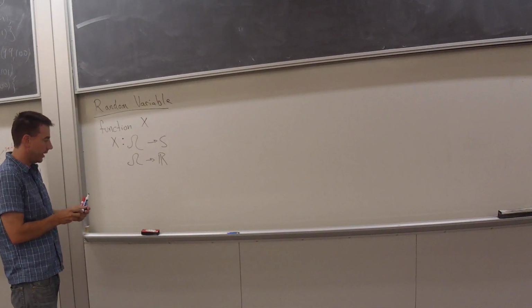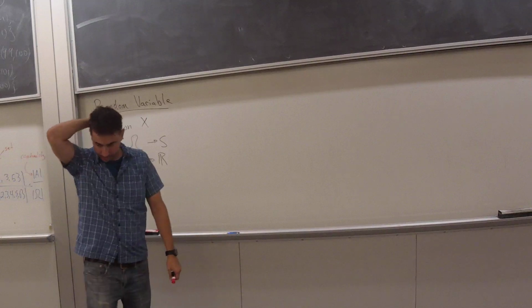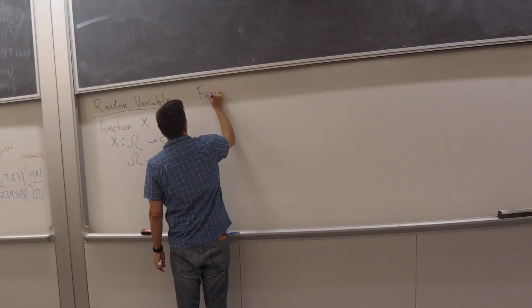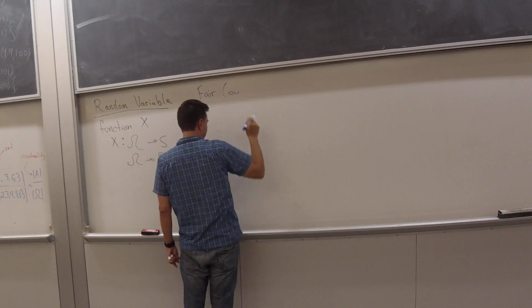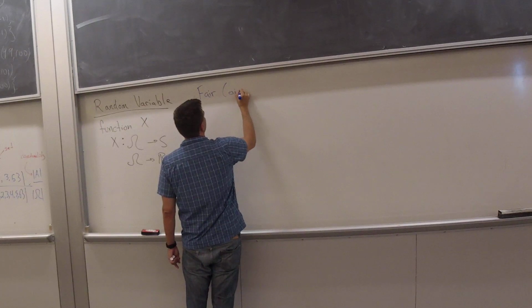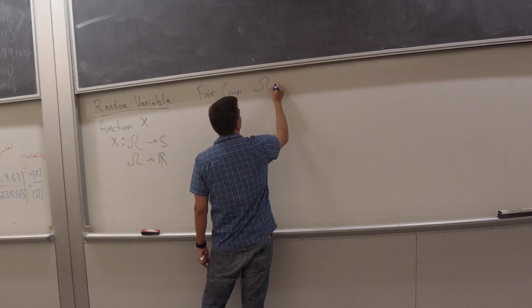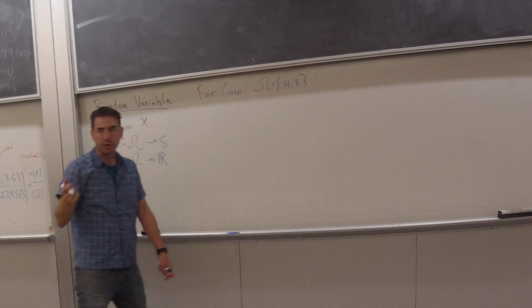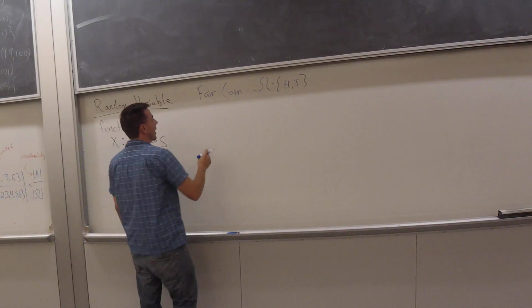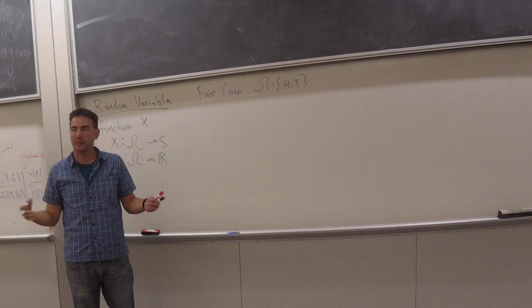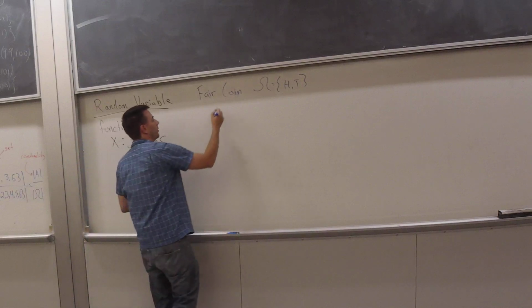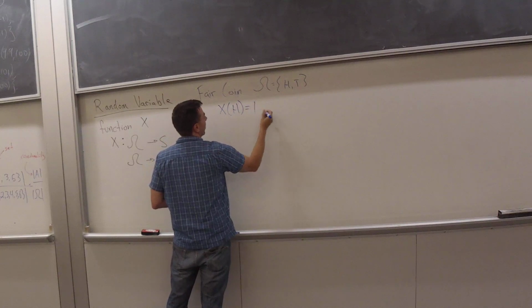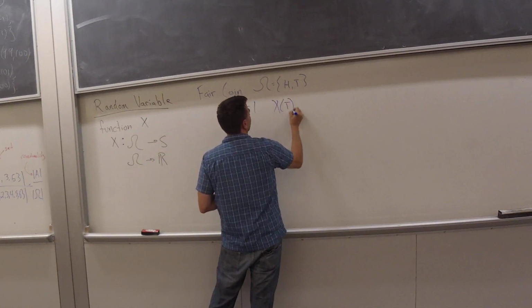So as an example of this, let's say I'm going to have a fair coin, and the sample space is going to be heads and tails, right? Flip a coin, it's heads or tails. Now I can say I'm going to get some points depending on whether I get heads or tails, right? So X of H is going to map to, say, 1 point, and X of T is going to map